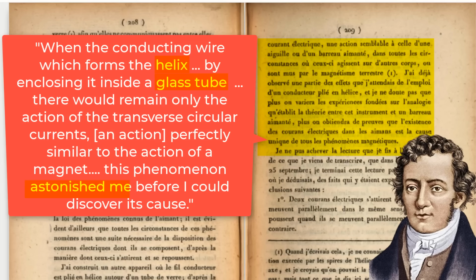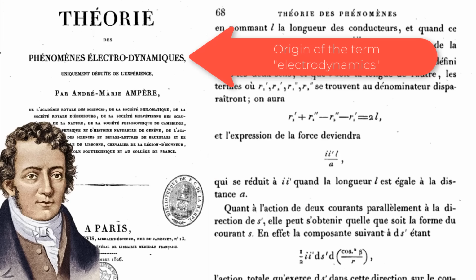But that is not all. In that same paper, Ampère tried wrapping his wire in a helix around the glass tube. And to his shock, the joint actions of the coils made this helix, or as he called it a few years later, a solenoid, act in a way that was perfectly similar to the action of a magnet. In 1826, Ampère published the collection of his works in a book titled The Theory of Electrodynamics Uniquely Deduced from Experiment,